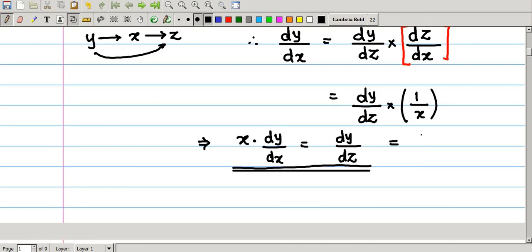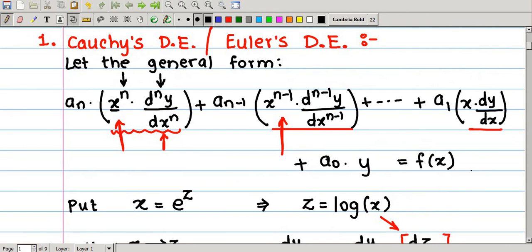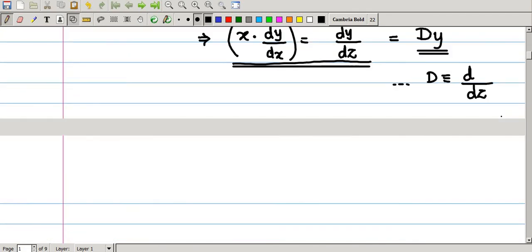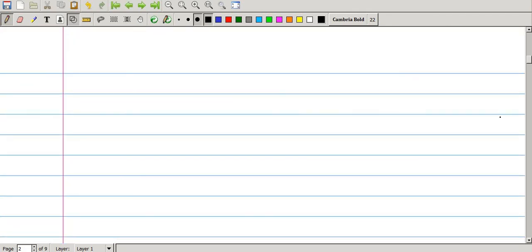If we introduce a differentiation operator D, where this D represents derivative with respect to new variable z, we can convert this variable coefficient form in terms of x as derivative in terms of z. So this will be the substitution number 1. We can convert this part as a constant coefficient in terms of new variable z. Same is the case with second order derivative term.